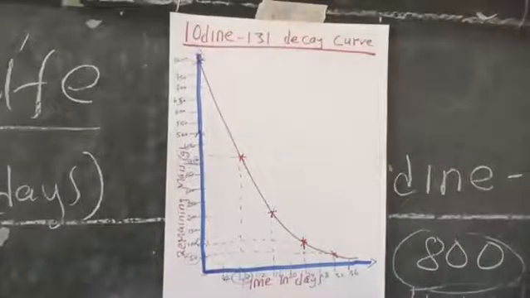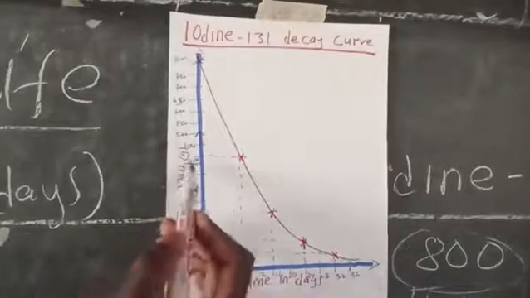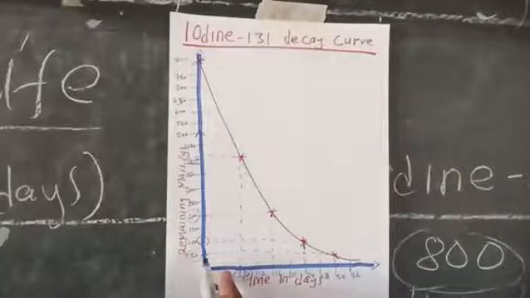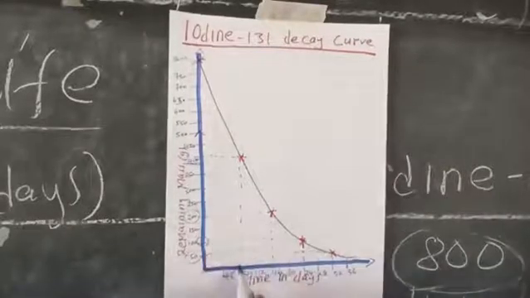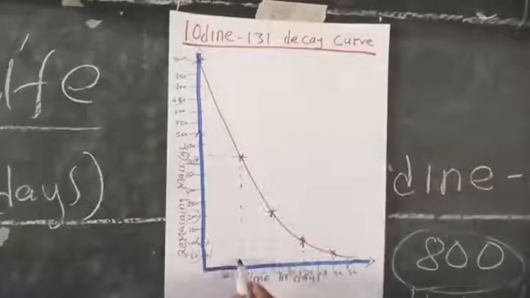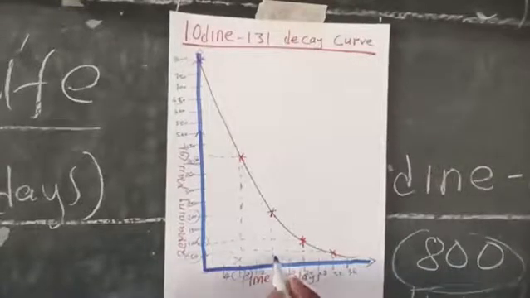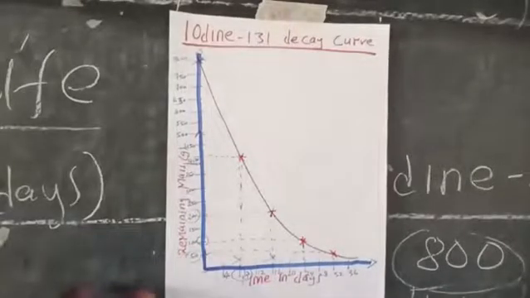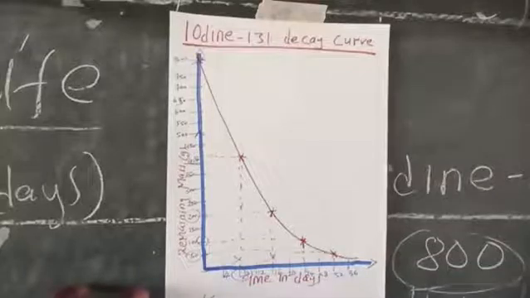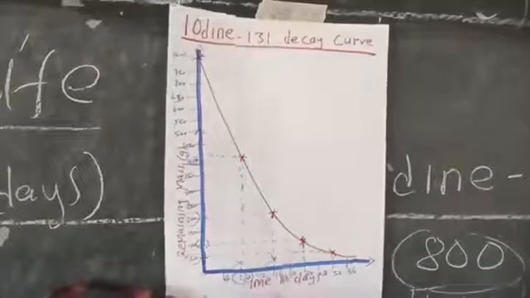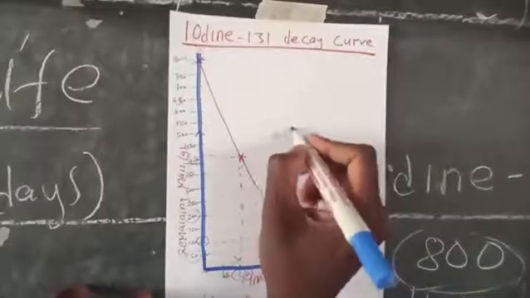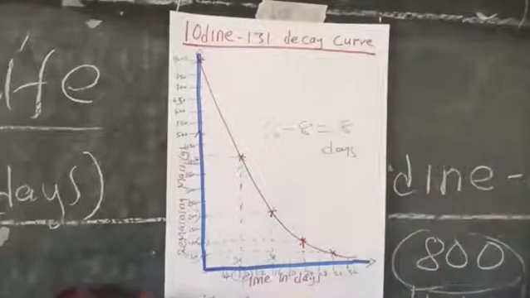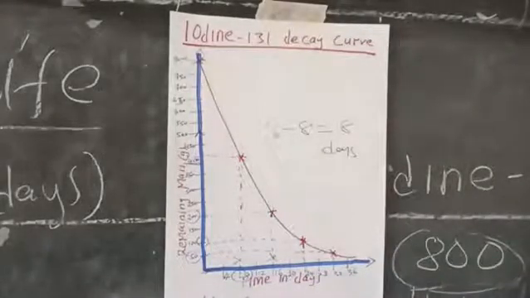It should also be very clear that from 400, the next half is at 200 grams. And if you look at the amount of time between 400 at this particular point and 200 at this particular point, the number of days is 16 minus 8, which again is 8 days. In this case, we get what we are calling